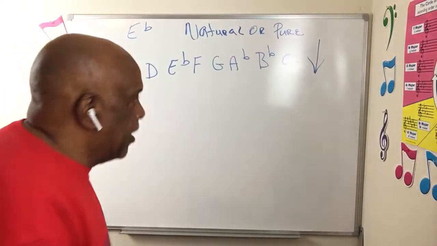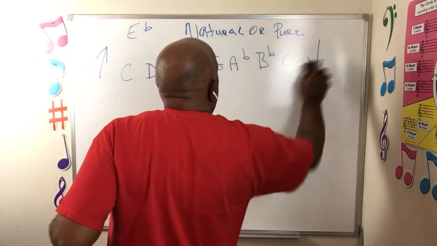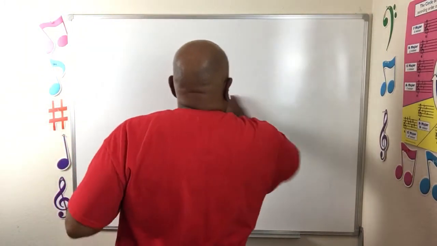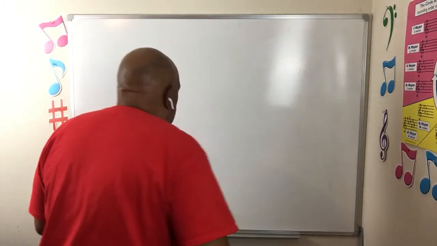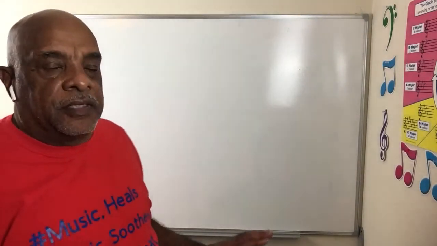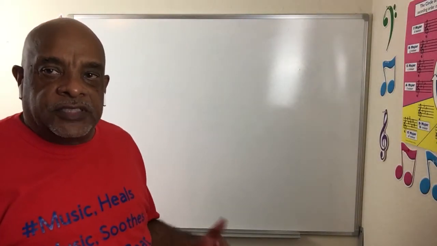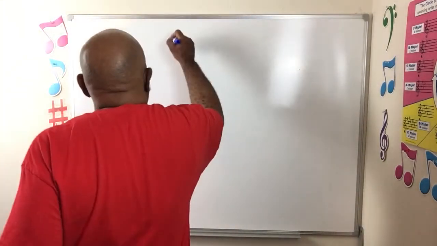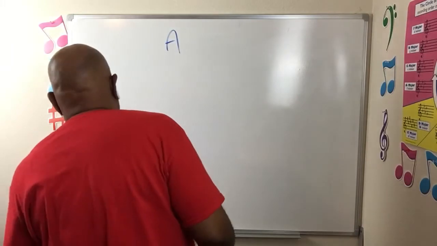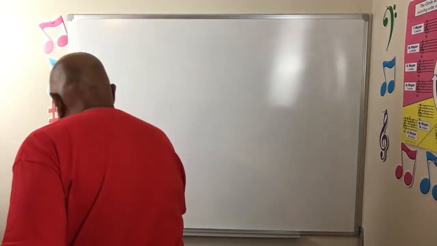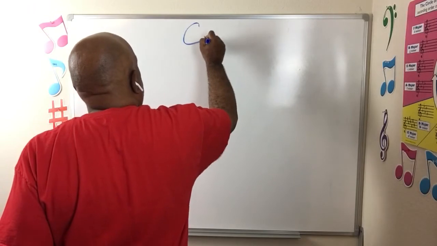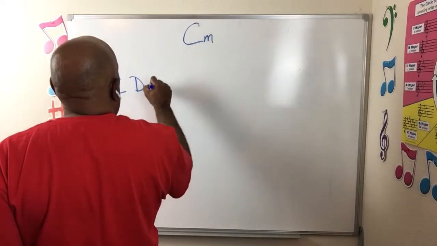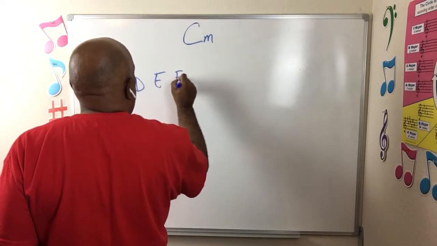Okay? All right. Let's move on. Let's go now to the harmonic minor. Now, harmonic minor is still the same thing. Your relative minor of the key of E flat is C. So it's going to be the same thing. So ascending in the key of C minor